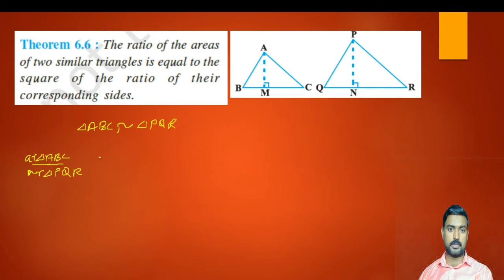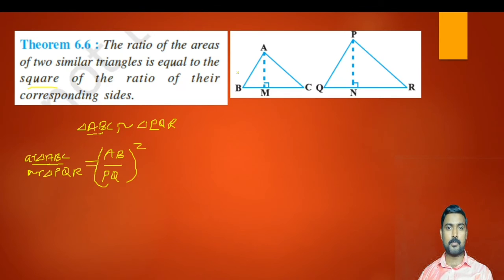equal to. We know we have to give the equal symbol. So we are writing here equal to the ratio of their corresponding sides. Here three corresponding sides are there. AB is corresponding to PQ, that we can consider at first. AB by PQ. And the square of the ratio means this ratio's square will be equal to the ratio of the areas of similar triangles. This is the first duty.